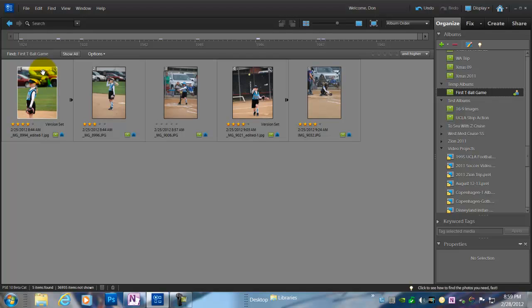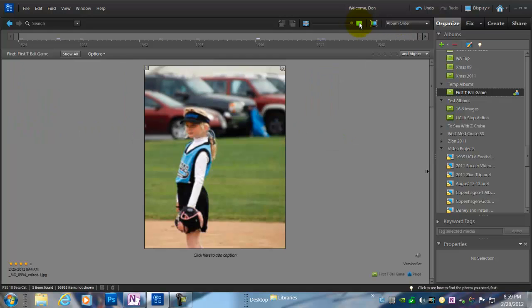First thing I'm going to do is I'm going to go over here and I'm going to click on this particular square that will make that particular image that I've selected, that first image in that row on the album, as large as it could be inside the organizer, because when I do that, it's very easy to add a caption right below it, or as I'm going to do, I'm going to add a caption, an audio caption, right here, clicking on the speaker. So I click on the speaker,